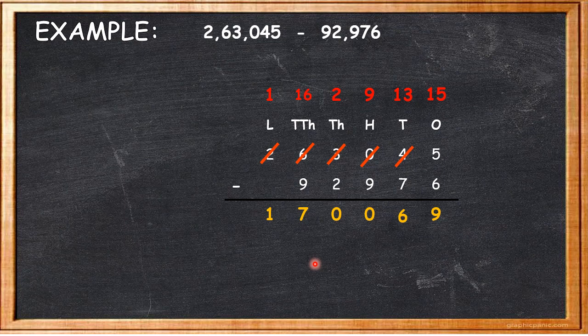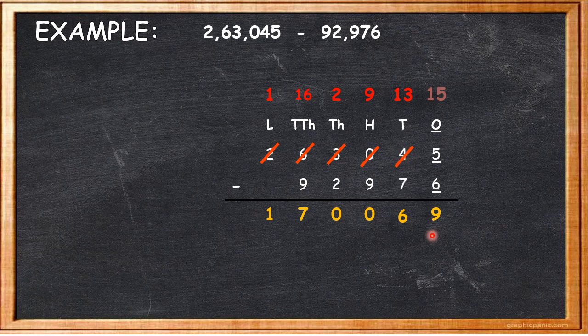Children, let's take a short recap of the subtraction we have done just now. First, we will place all the digits of the number according to their place value, and we will start doing subtraction from the 1's column. Since 5 is smaller, we cannot subtract 6 from 5. So 5 will take help from the 10's column and 5 will become 15. So 15 minus 6 is what? 9.